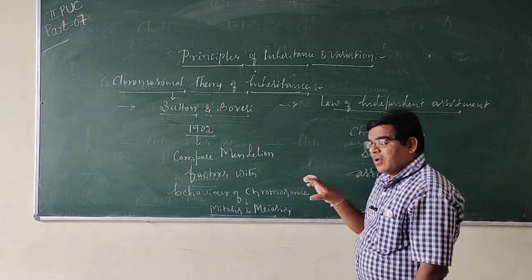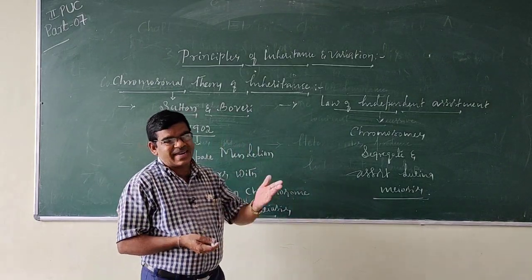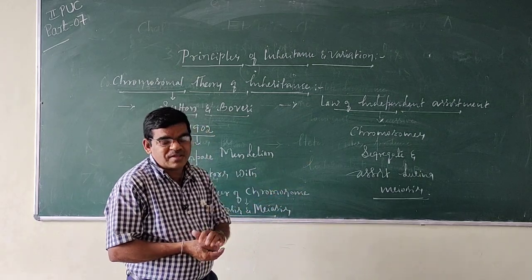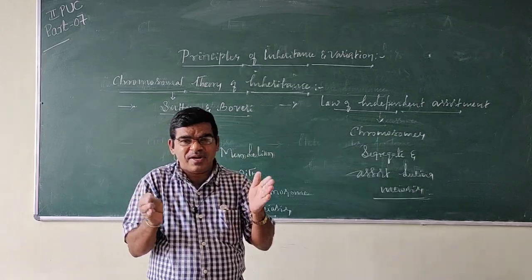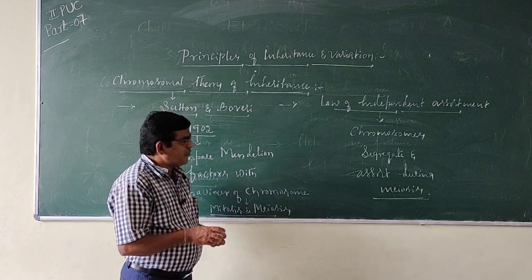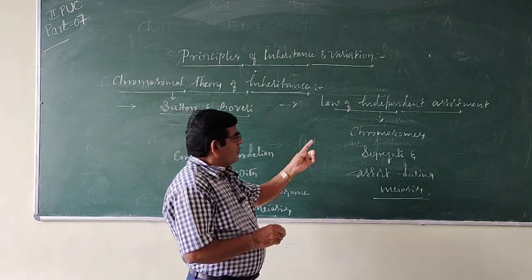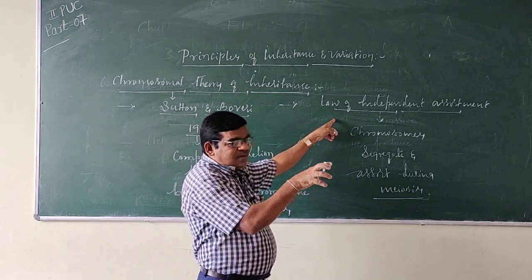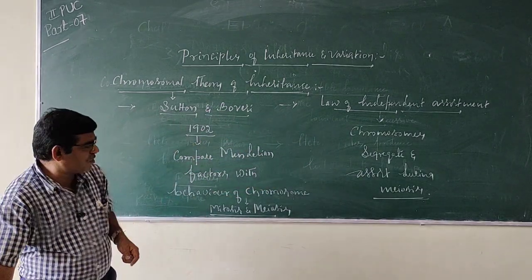So according to Mendel's law of independent assortment, the chromosomes segregate and assort independently during meiosis or gamete formation. First the chromosomes get separated, and then they assort independently during gamete formation. And Sutton and Boveri observed the Mendelian factors and the behavior of the chromosomes independently, and proposed